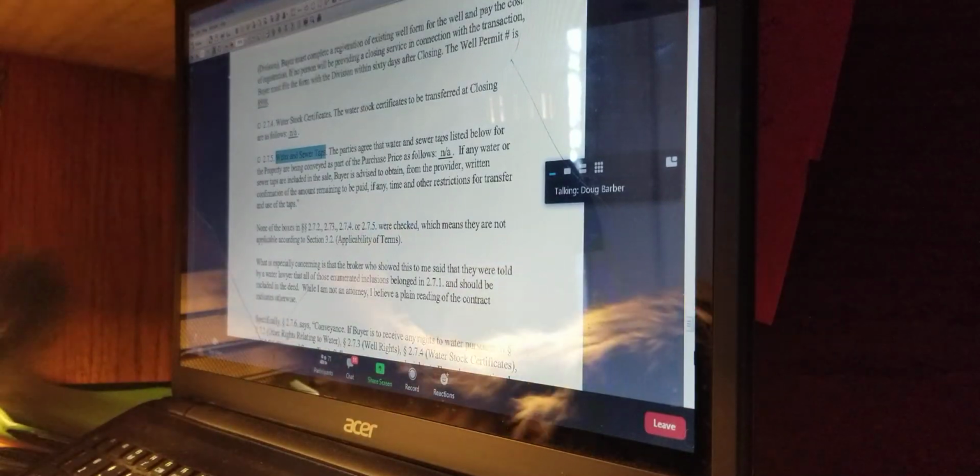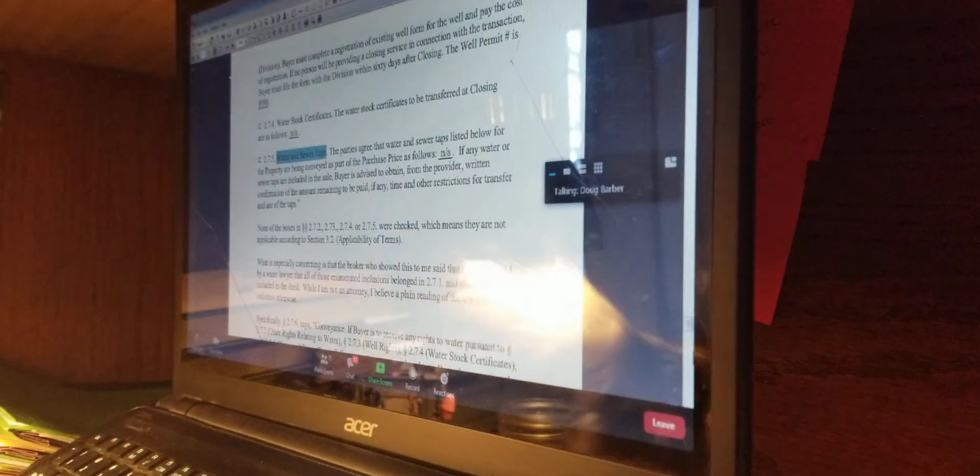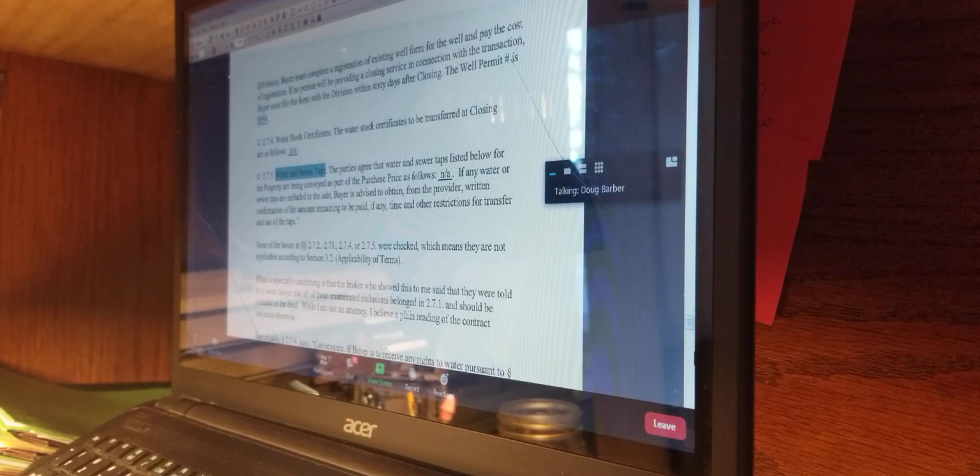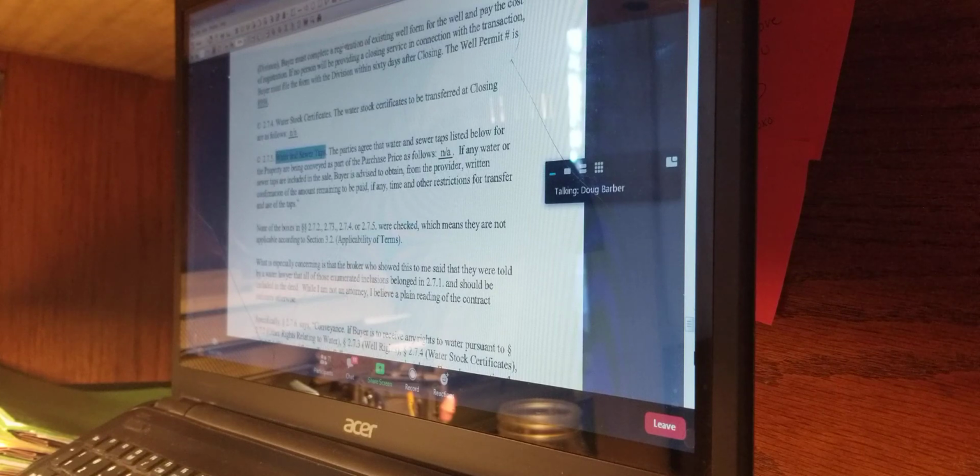What do we need to do with your entity in order to be able to adequately have you change that in your records so that our buyer now is going to be the owner of those taps? So you'll have to find out from them what's required in order to convey those taps. Okay, so that's why they separate each of these into 2.71 through 5, is because each kind of water interest is conveyed by a separate document, which is why they write down here